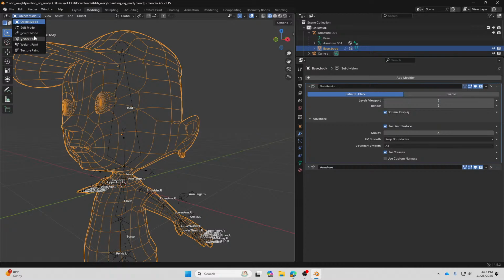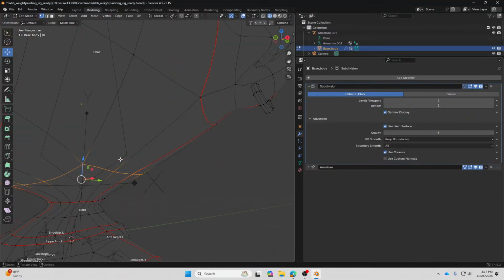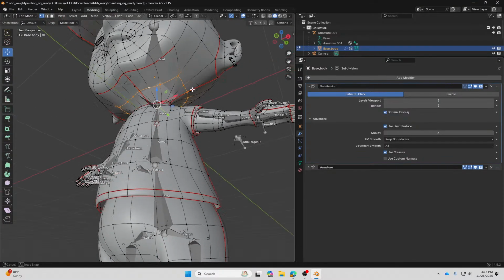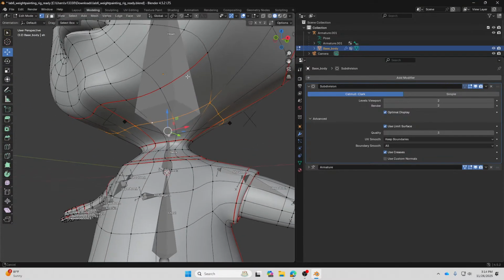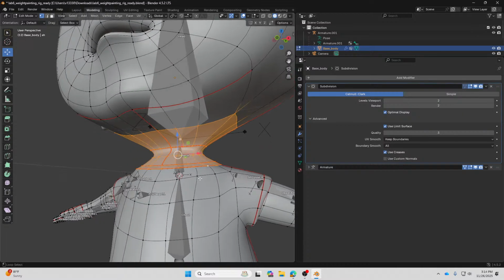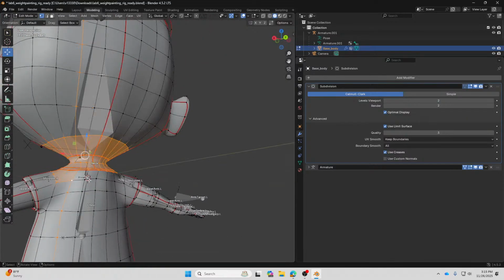And then edit mode, and what I'm going to do is select the loop cuts around the bottom of the character's head over here, and I shift select to select the whole loop cuts underneath, the loop cuts that cover the neck basically, and the next end here. Alright, so I'm gonna select all of this.